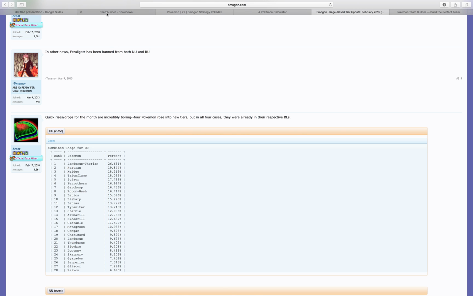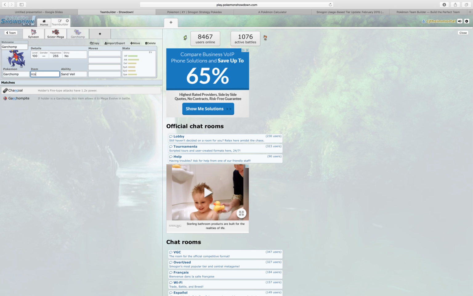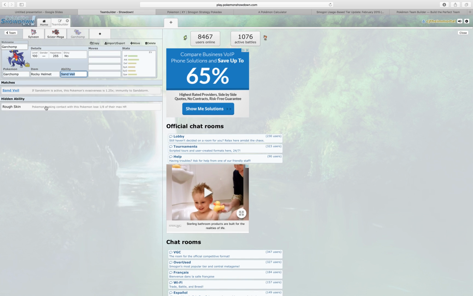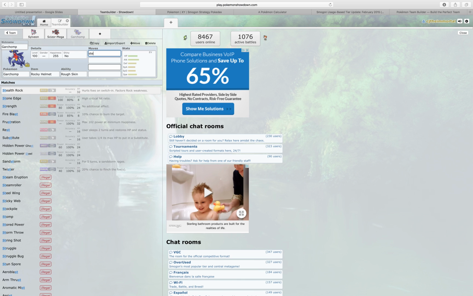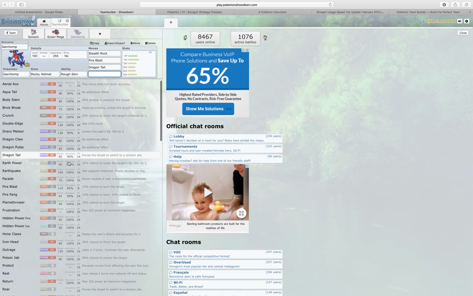Rotom Wash, kind of something for that, not really though. So let's say that we want something. We're going to put a Rocky Helmet on this specifically for that Talonflame that's a threat. Also, since this is the balance team, rocks are very important, so we're definitely going to go with Stealth Rock on this thing. If we want to counter Scizor, we can just go with Fire Blast on this guy, Dragon Tail, and